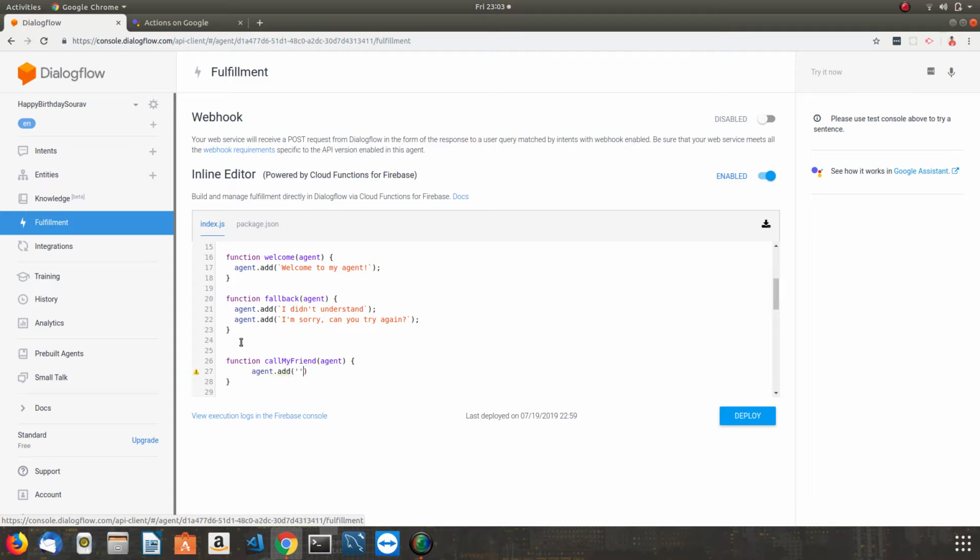So we will say hello Sora. Okay, happy birthday, I am calling your friend. Okay, I have created a function that is call my friend, and I have passed the agent as parameter,